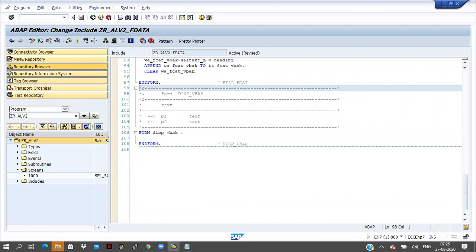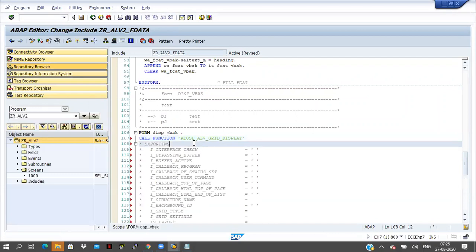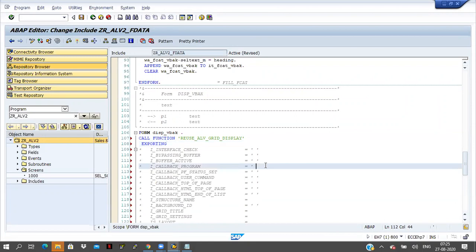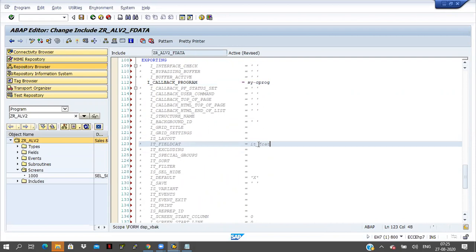I am using one function module, that is REUSE_ALV_GRID_DISPLAY. In the exporting tab, I am uncommenting this one and I_CALLBACK_PROGRAM. This one also I am uncommenting here, SY-CPROG, the current program name, and the field catalog ITFCAT_VBAK.